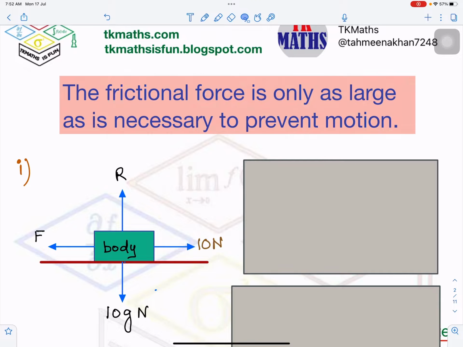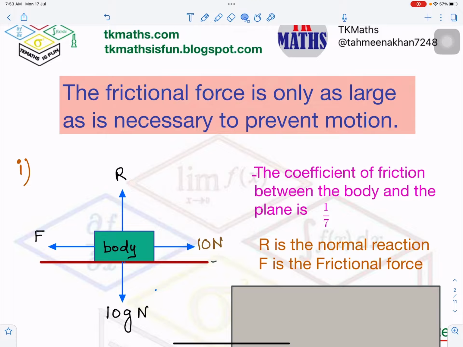So this is the body or the object here on the plane. I have taken different colors. The plane is represented by orange and maroon color, right? Now F is the frictional force, 10 Newton is the applied force, which is in the right hand side direction. R is the normal reaction, and the body weight is 10 g, which is 100 Newton, right? g is equal to 10 Newton. So will this body, now the question is,